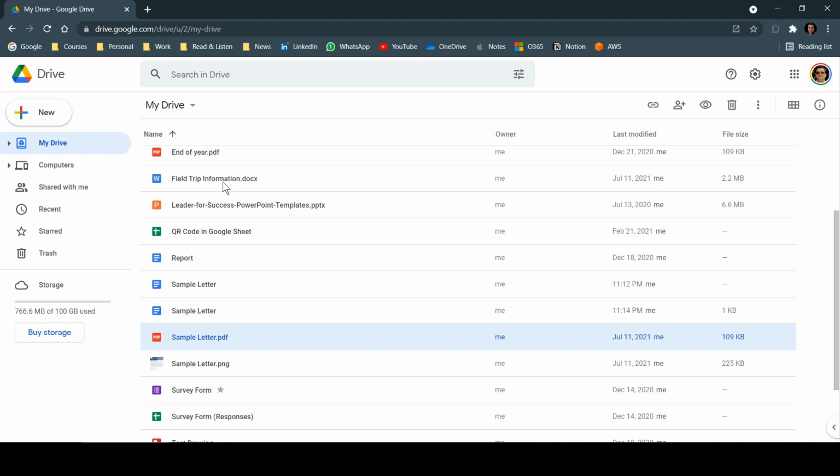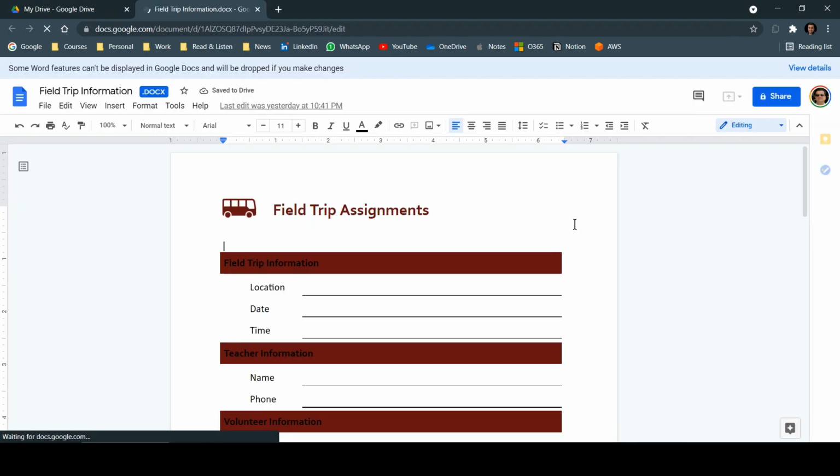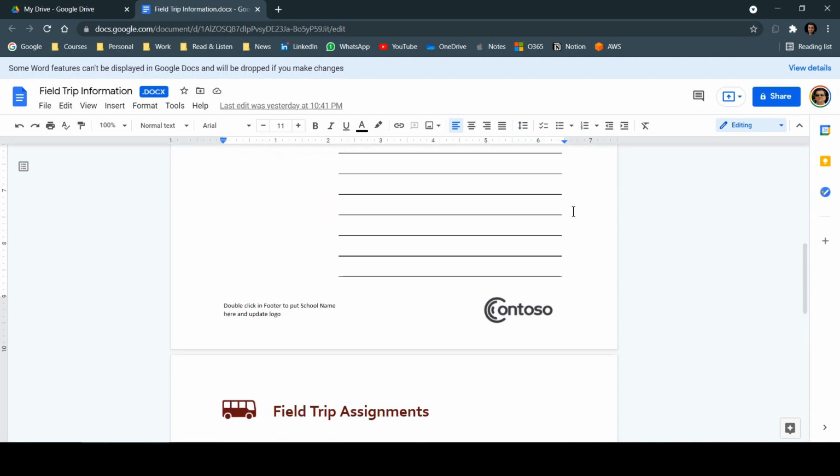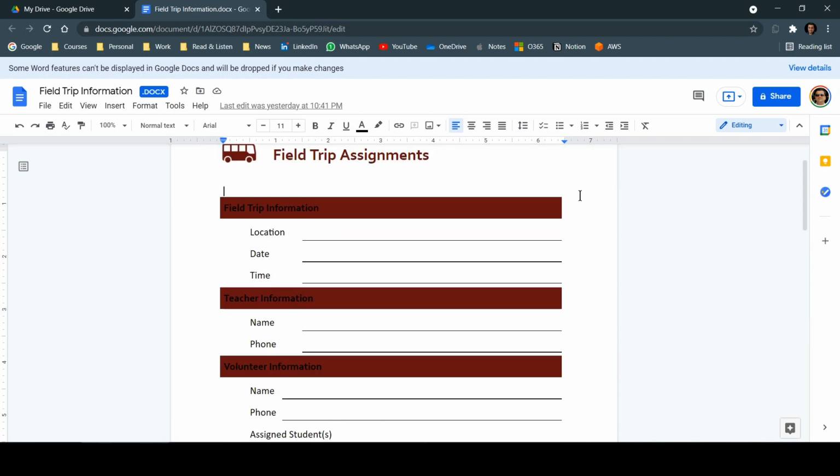If I open this particular file, let me just double click and open it. You'll be able to see this is a form where multiple details need to be filled out, and you want others to fill up this form. Now everyone will start typing the information inside this file, and if it's shared with more than 10 or 15 or whatever number it is, all of them will be trying to edit it simultaneously. Now that's not the thing we want here, right? What we want is that this file will be shared, however it needs to be filled out separately by each of them, and they can revert using their own copy.